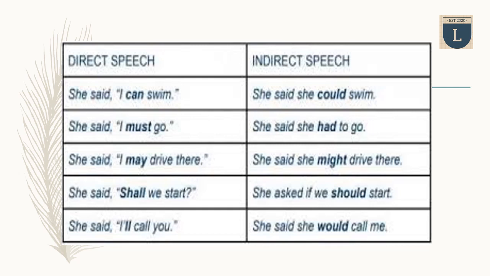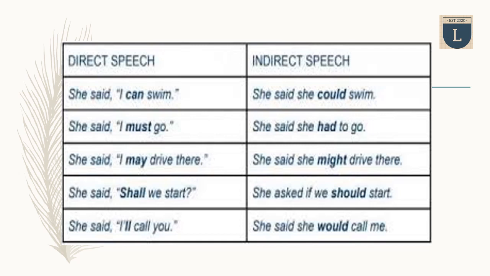Let's see some examples. She said, "I can swim." She said she could swim. She said, "I must go." She said she had to go. That's indirect speech; the first is direct speech. She said, "I may drive there." She said she might drive there. That's indirect speech. Again, direct speech: